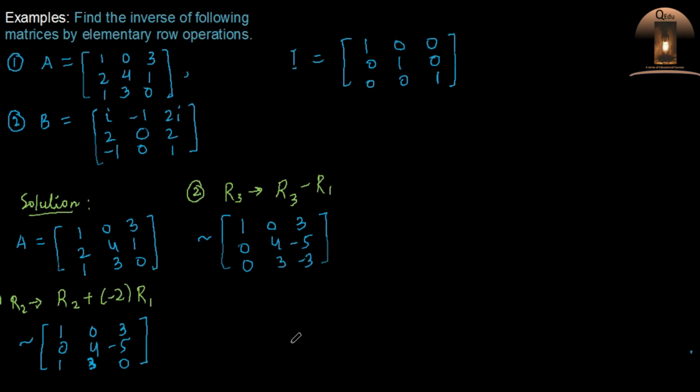Now remember the sequence. We shall apply the same sequence on this matrix to get the inverse. So now we have transformed the first column of the matrix A into the column of the identity matrix of the same order. Now we shall transform the second column into the column of the identity matrix. So we need 1 in the second row here in the place of 4, and then 0 here.